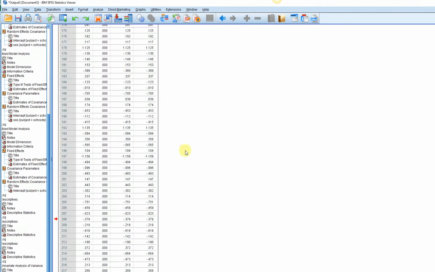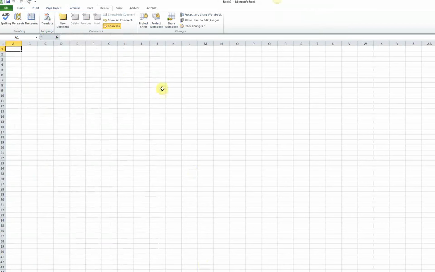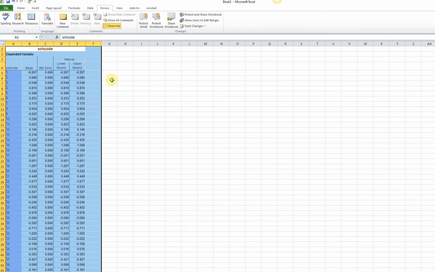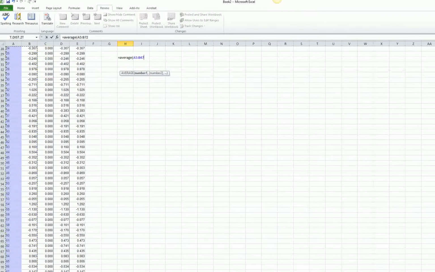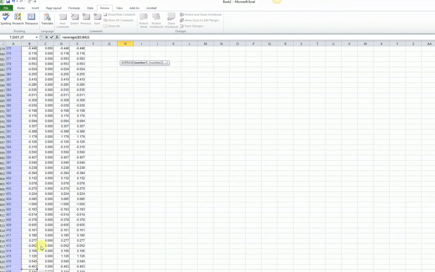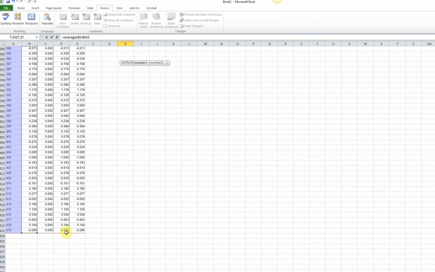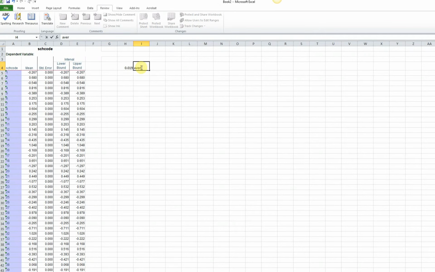And so next I'm going to go into a blank Excel spreadsheet, and you can see I'm up at A1 right here. I'm just going to press Control V, basically paste that information into the Excel spreadsheet, and then I can calculate the means and standard deviations pretty easily. So if I just type in equals average, and then I'm just going to highlight this column right here, and it goes a little bit further than what you can see on the screen. There it is down there, and hit enter. So there's the average SES across schools,